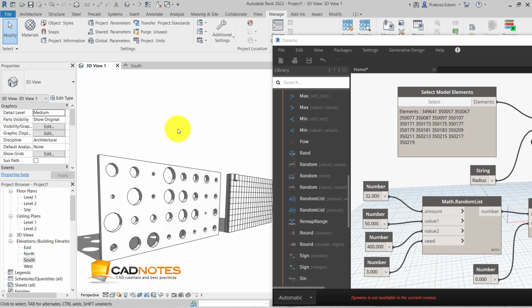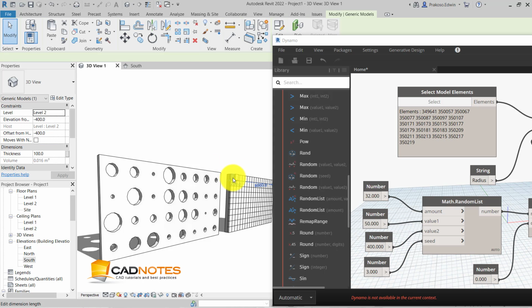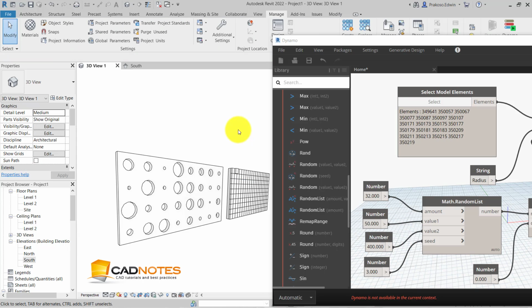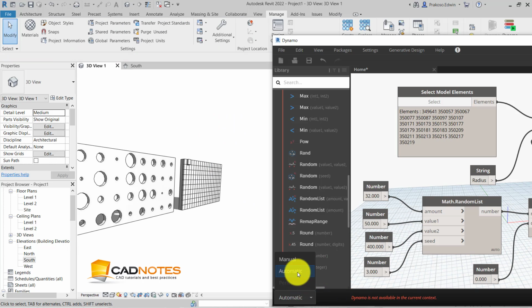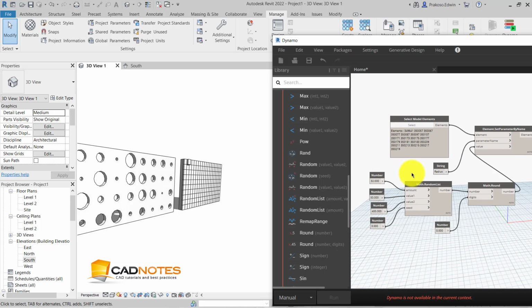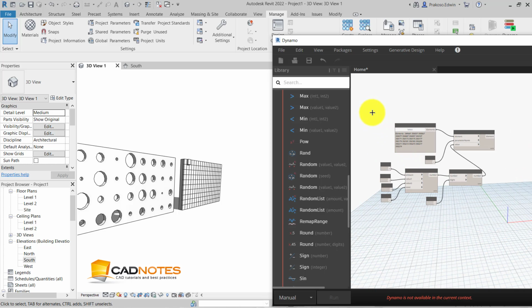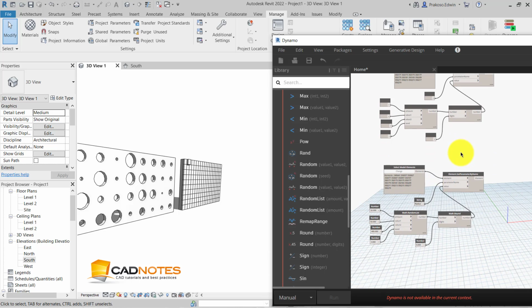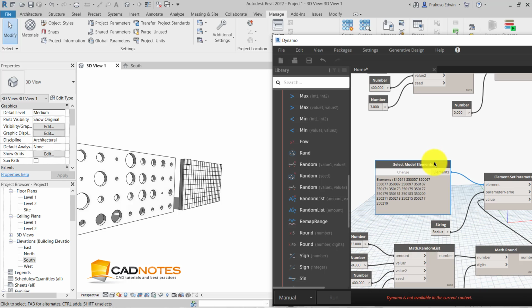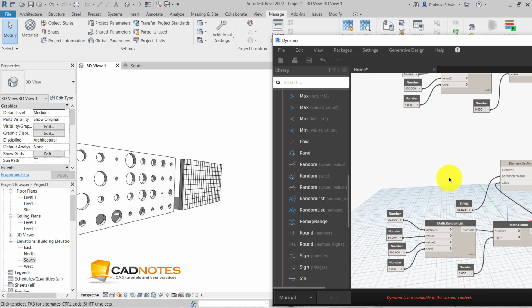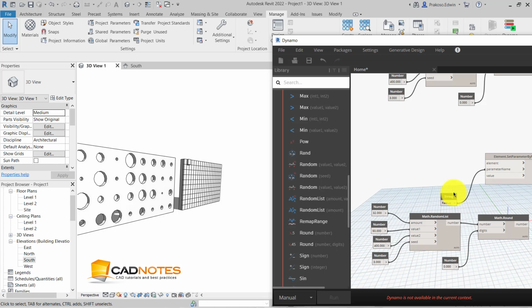Now let's try to do the same thing with the other wall. We have this brick wall and we know the parameter that we are going to change is thickness. So let's change this to manual first, and I want to copy this, Control C and Control V. Let's just remove this and disconnect this.